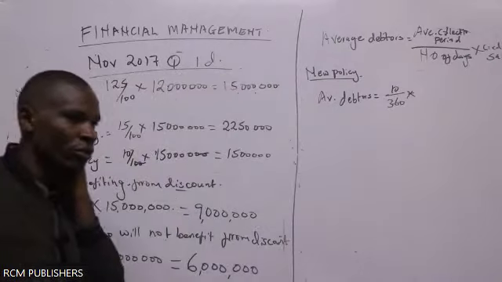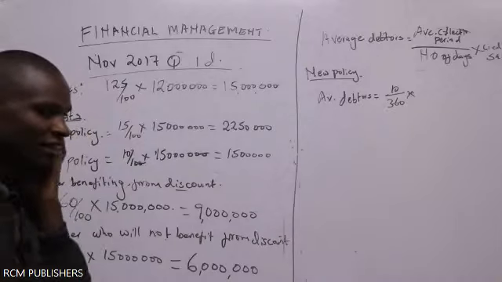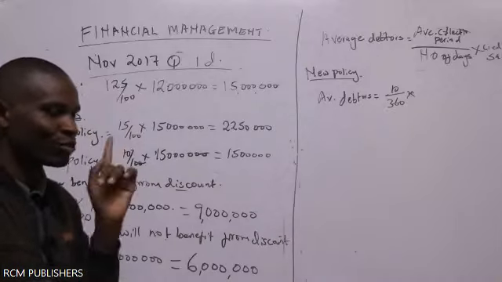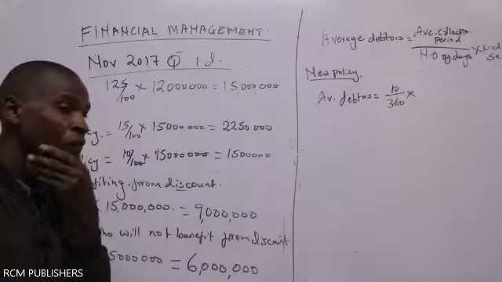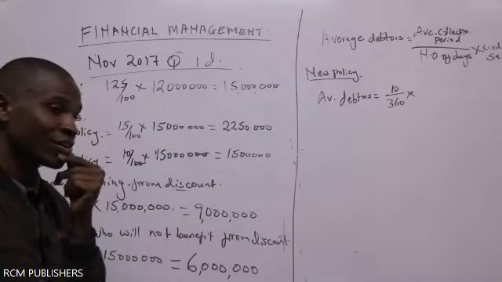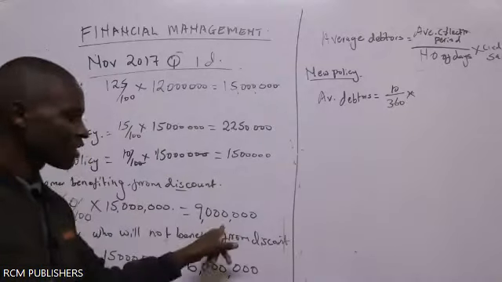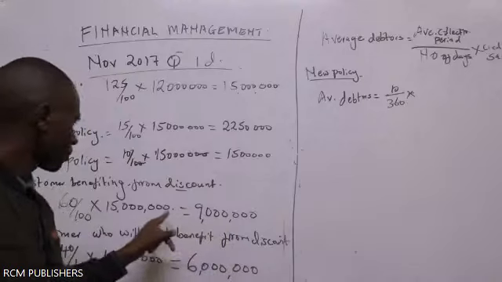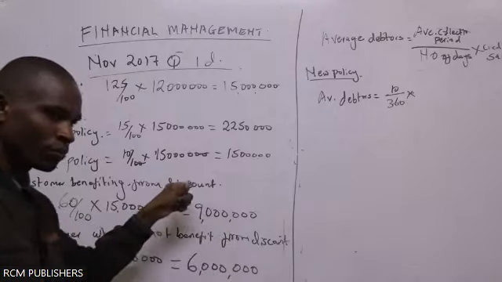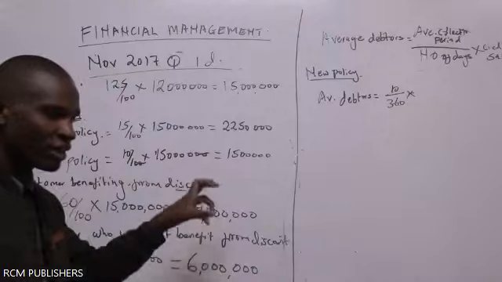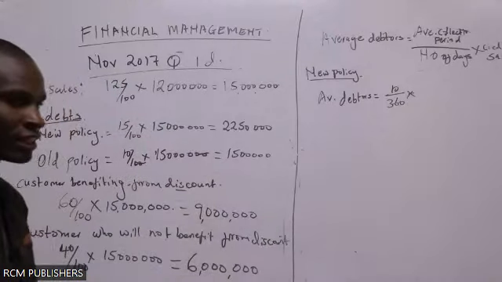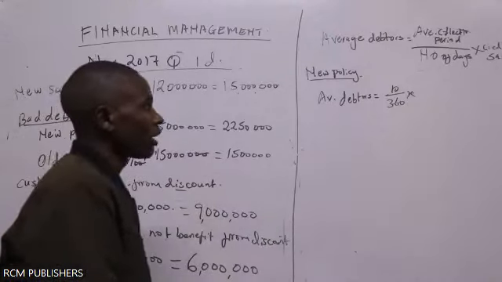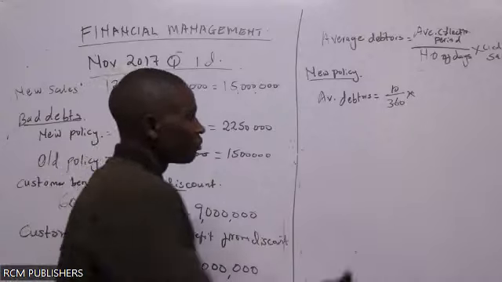Goods zenye tuliuza on credit na tutawapatia discount. Already computed. 60% walinunua on credit within the limit, so watapata discount. So the average data on that will be times 9